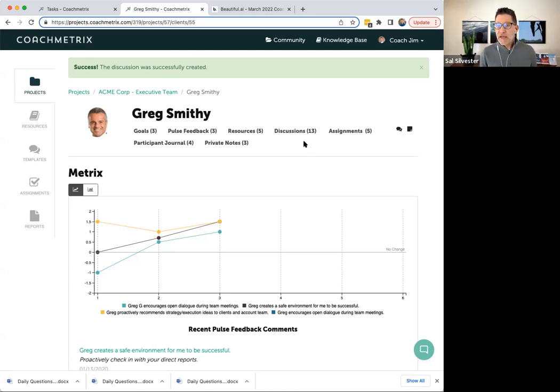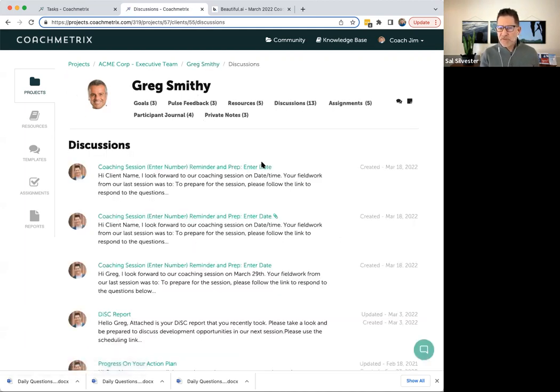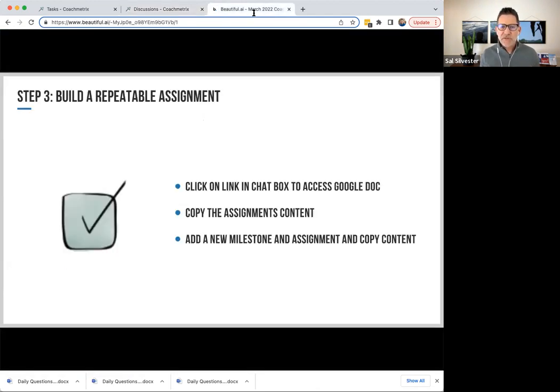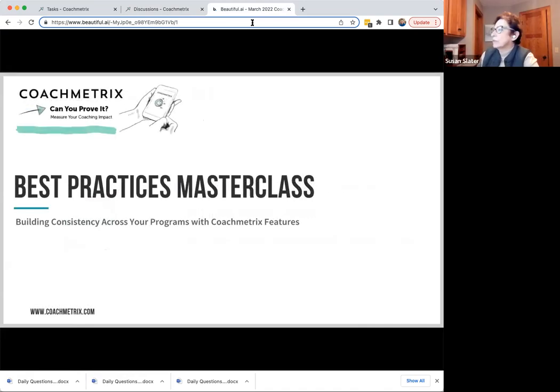So we're cleaning that feature up a little bit with Coachmetrix 2.0 so that it looks and feels similar. The drop-down boxes look a little different. We're going to make some changes to that so that it looks and feels a little bit easier to use and to navigate. Got it. Okay. Thank you. You're welcome. That's what we wanted to get to today.